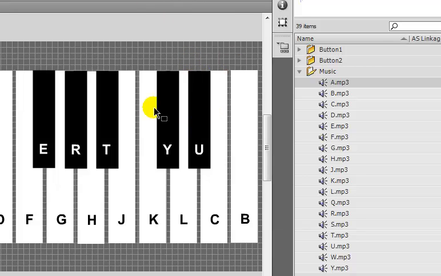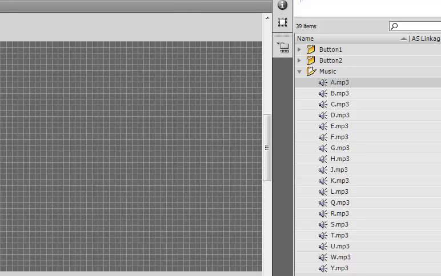So what I'm going to do now is speed up placing the sound, or sorry, the music on the frames. Okay, you all have the idea now of what to do. All you need to do is drag the music on board. So the next one is this, press F7, and the next one I'm going to place on the timeline is